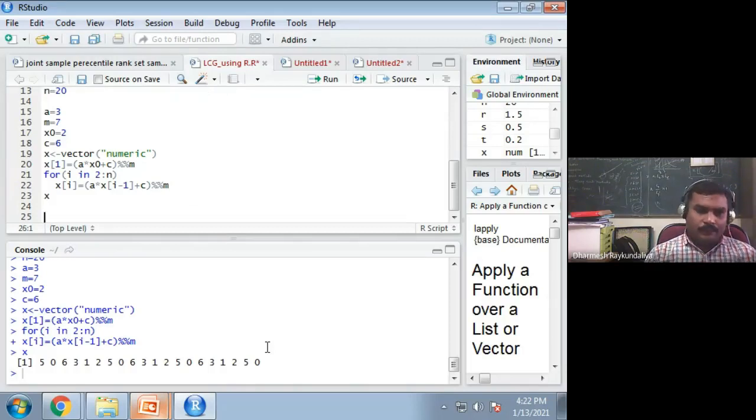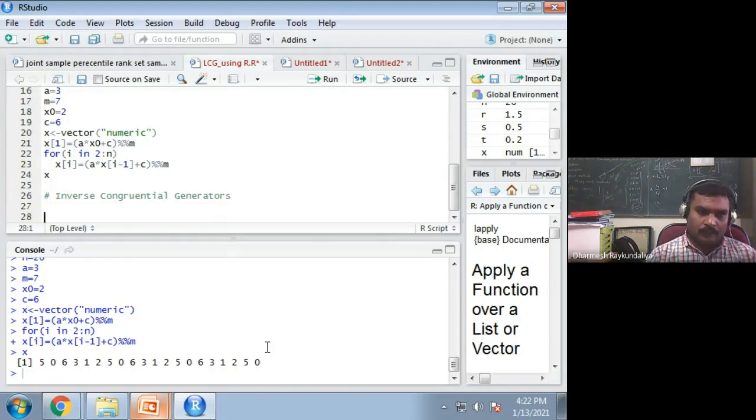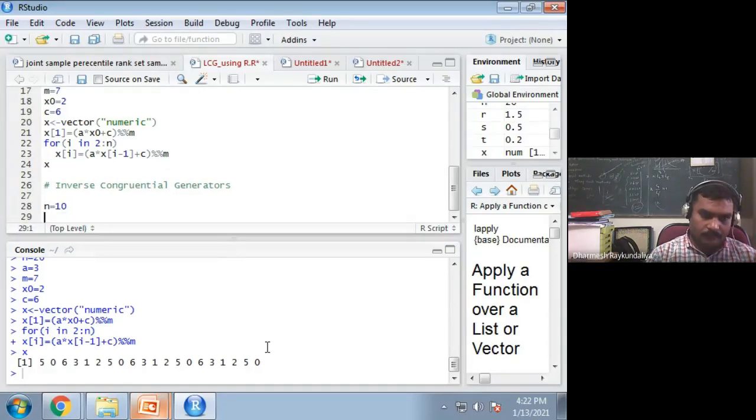Now we wish to generate random numbers from inverse congruential generators. Now how to generate through inverse congruential? Let n equal to 10.